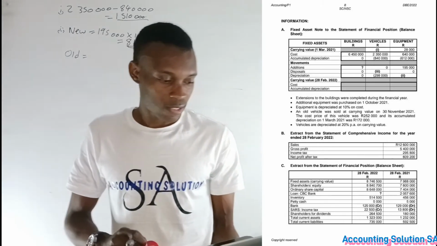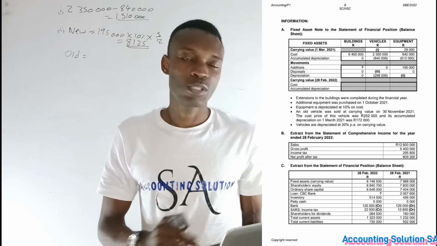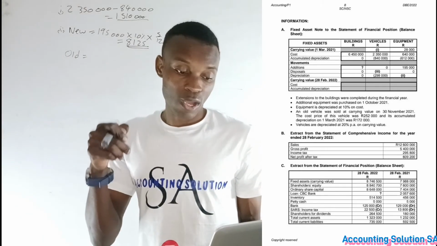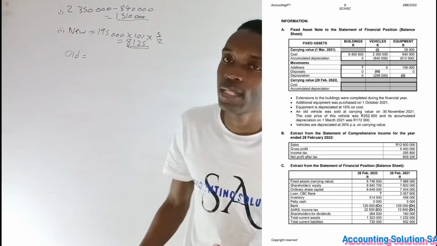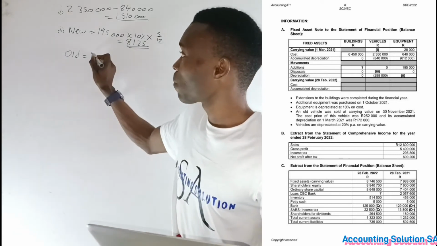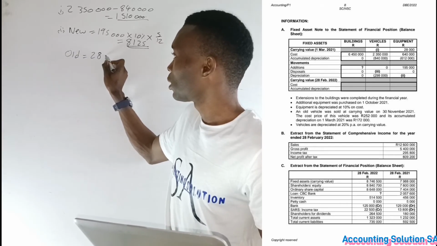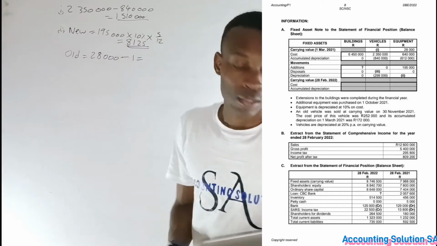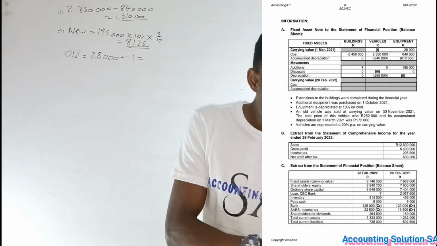Okay, as you can see guys, even accumulated depreciation is very close to cost price, which means that there's no way that accumulated depreciation, if you add the 64,000 that you calculate, is not going to exceed the cost, which means that it's outdated. So in this case, we are going to say a current value of 28,000 minus 1. Okay, so which is going to give us an amount of, let me calculate,